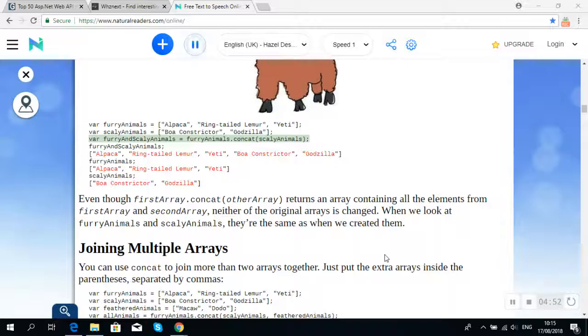var furry scaly animals equals furry animals.concat scaly animals. furry scaly animals: alpaca, ring-tailed lemur, yeti, boa constrictor, Godzilla. furry animals: alpaca, ring-tailed lemur, yeti. scaly animals: boa constrictor, Godzilla. Even though first array.concat(other array) returns an array